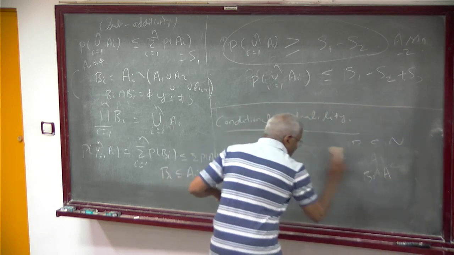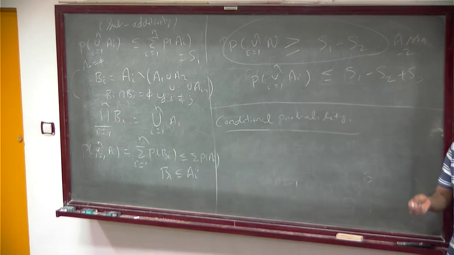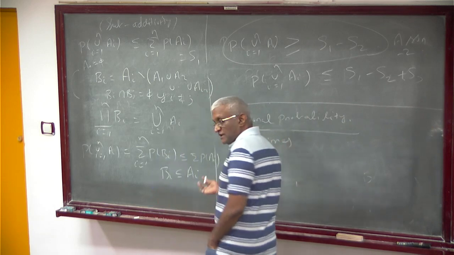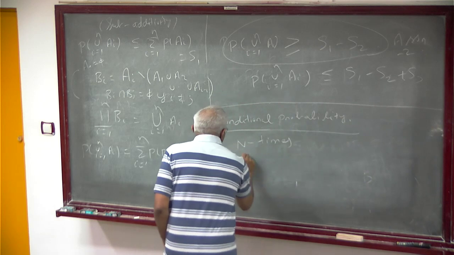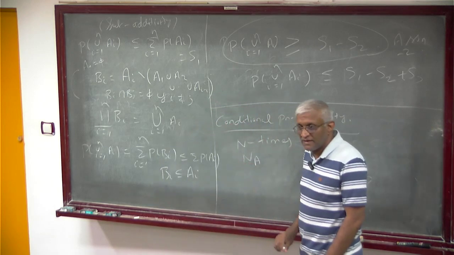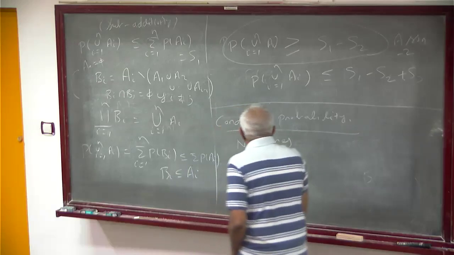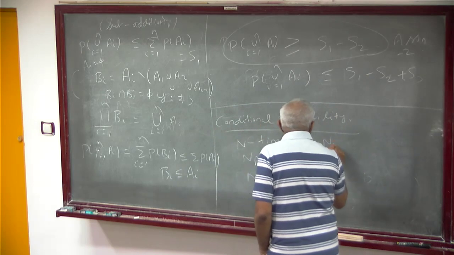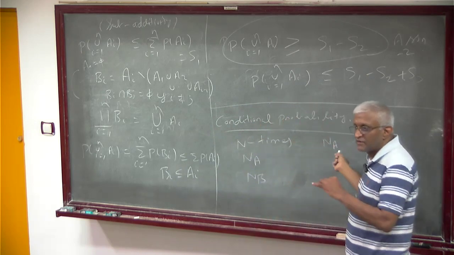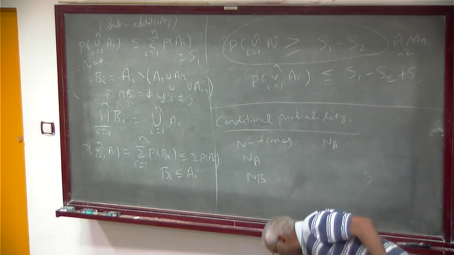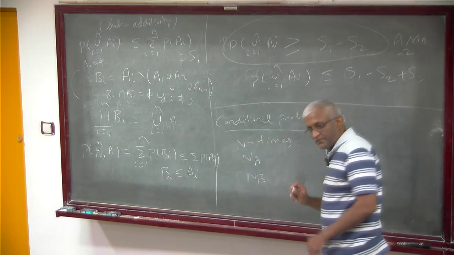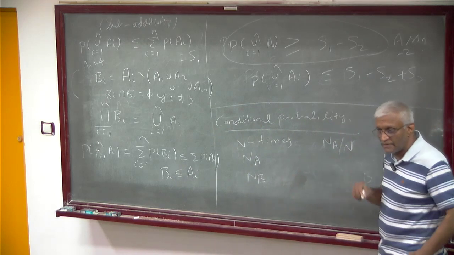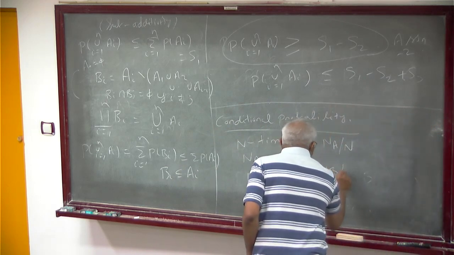So again I will go to our experiment of doing it n times. This is just our intuition. Suppose NA is the number of times A happens, and NB is the number of times some other event B happens. The probability of A, this is not the probability exactly, but it will be close to it. This is our intuition of probability. That will be NA by N. If N becomes infinity, this will become your probability. And NB by N will be the probability of B.